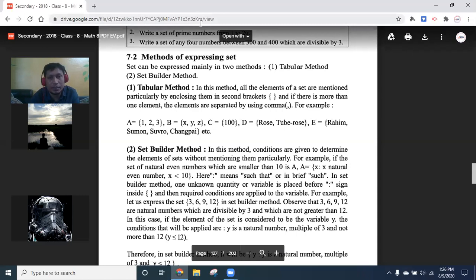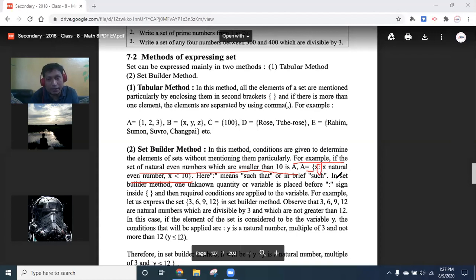I am showing you by annotation. Here you see, for example, the set of natural even numbers which are smaller than 10. That is, A is a set. Suppose A is a set of X such that X is a natural even number and X is less than 10. What does it mean? Here you will see that X such that